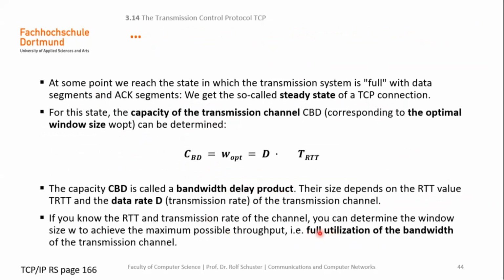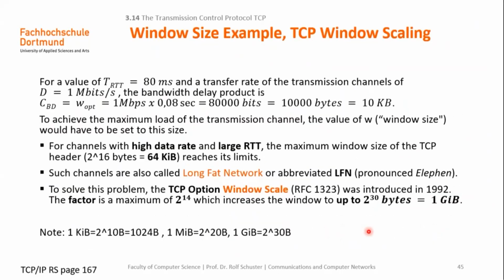That is, we could reach the full utilization of the bandwidth. But for channels with high data rates, for instance, bigger than 1 megabit per second, and large round trip time, for instance, bigger than 10 milliseconds or 100 milliseconds, the maximum window size of the TCP header